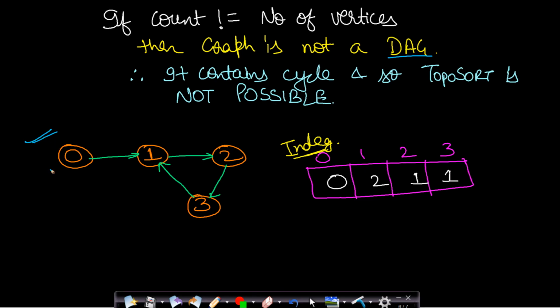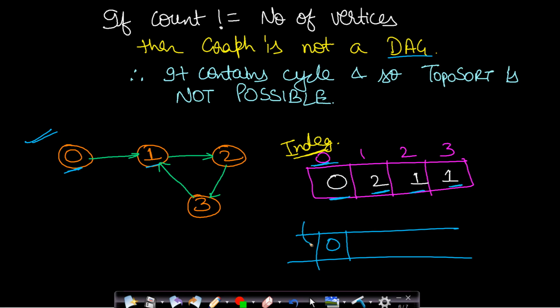Let us assume this example. In this case we have 4 nodes, so the in degree calculations will be like this. For 0, there is no incoming edge, therefore in degree value will be 0. For 1, there are 2 incoming edges, therefore in degree value is 2. And for 2 and 3, incoming edges are 1, therefore in degree values will be 1. Now let us process this using the same algorithm. So first you will take a queue, okay, and there you will push all the nodes which can be the starting position. So there will be only one node because it is having in degree value 0.